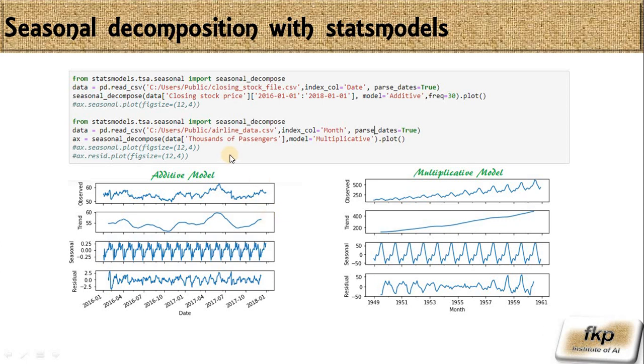Whereas on the other hand, to display the multiplicative model, I have taken airline passengers data. Airline passengers data has increased exponentially, like technology was changing and new aircraft were coming and people's travel drastically increased. So you can see a clear exponential trend here, and the seasonal trend is also growing, because it is showing 50 here and a lot more here, a bigger peak. Even the residual component, you can see there is a lot more variation